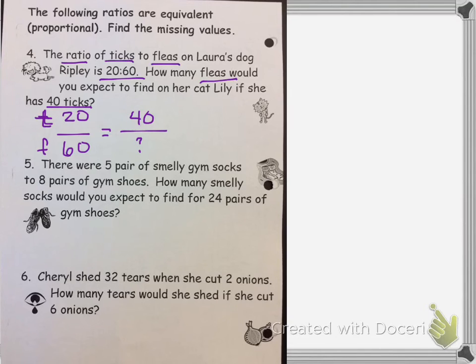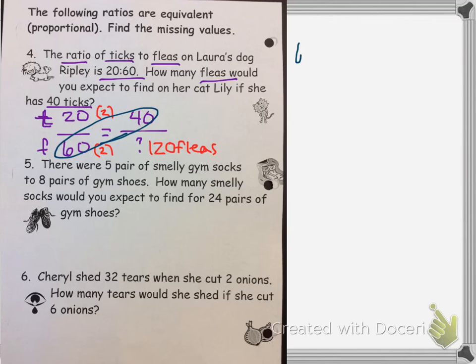We can look for that scale factor piece. How do we go from 20 to 40? Well, that's times 2. And if I times 2 on the top, I can times 2 on the bottom to get 120 fleas. We can also, for those of you that learned about butterfly, we can say, okay,